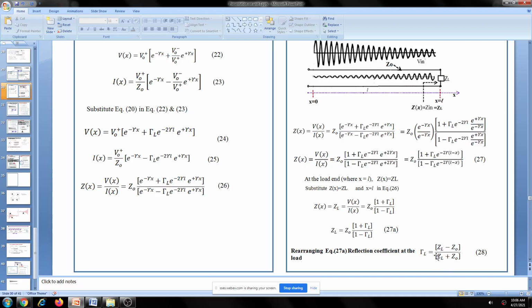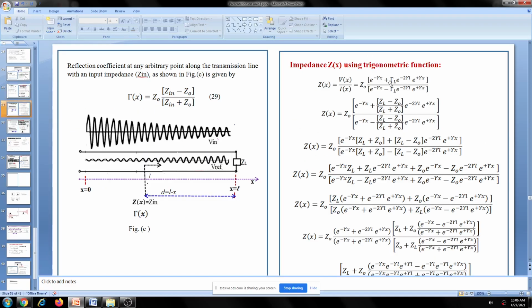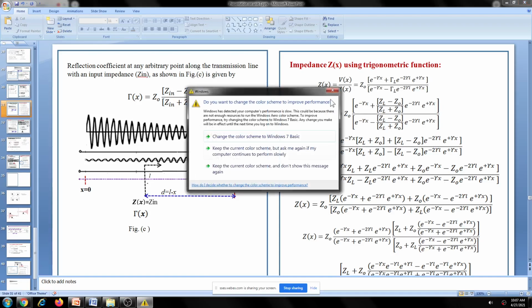So using this gamma L equation, it is ZL minus Z0 divided by ZL plus Z0. Similarly you do for the other term here. Next you take the LCM, and this is the equation here, this multiplied by this, in the denominator. Similarly this multiplied by this, that is what we have here, and this is in the denominator. So in the denominator, this and this will cancel, remaining only this term and this term. Next, multiplying this to this, and similarly this, we get this equation.